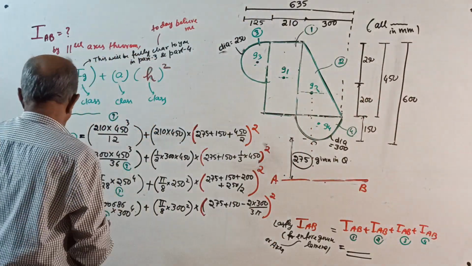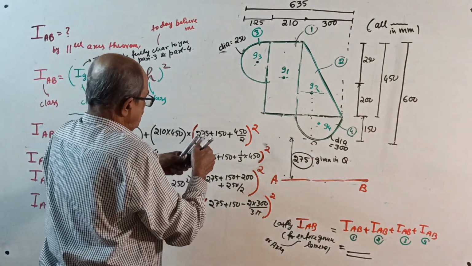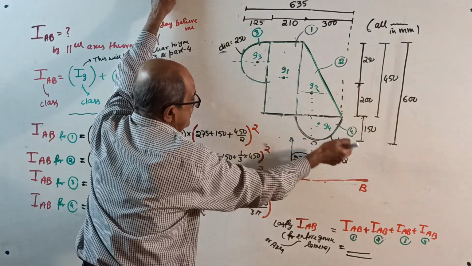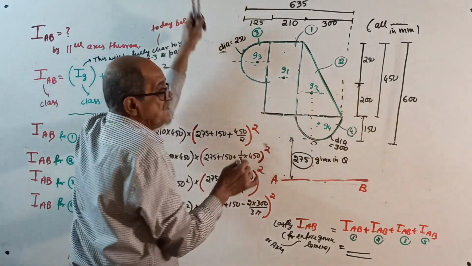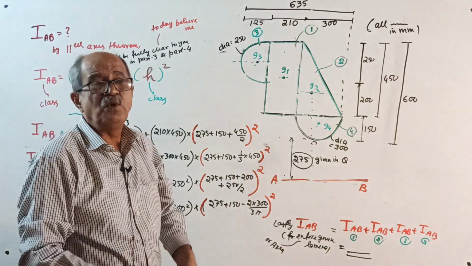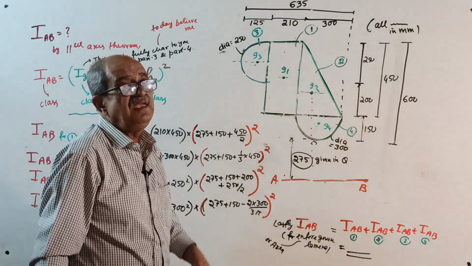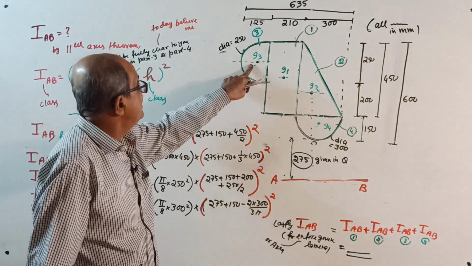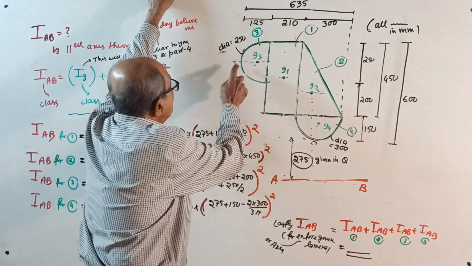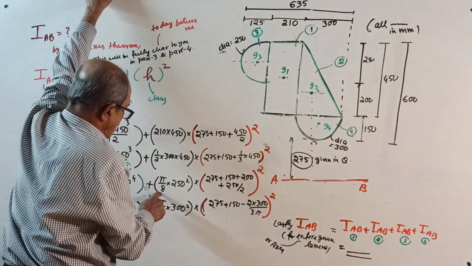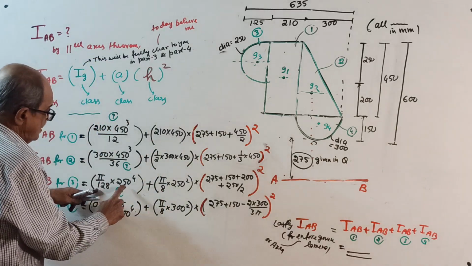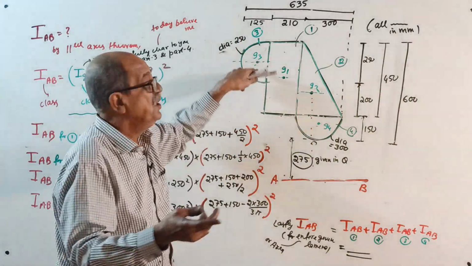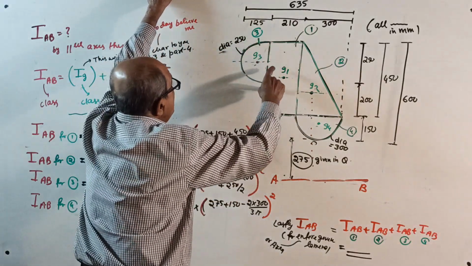Okay. Come to figure number 3. Come to G3, its own centroidal axis, parallel to which one? AB. Write I about this axis. In the next part 3 and 4, I will explain that for this axis I is pi by 128 of diameter power 4. Why will come in the next class, or it is already derived. Plus area, pi by 8 of 250 square,